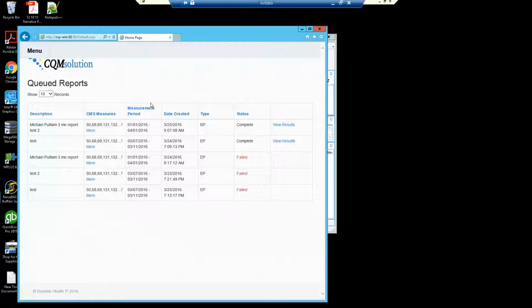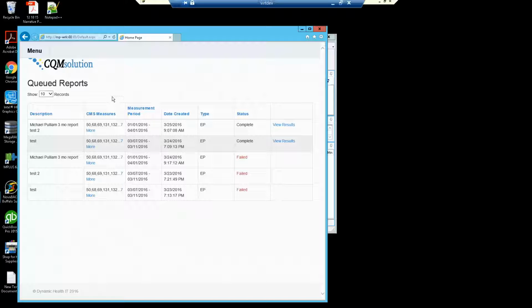So you can see here that it looks kind of the same. Like I said earlier, you could potentially run reports here, but you really should not, because you really don't know what doctor it's for, or if it's even set up for your doctor. So you can see that our support department has run some tests when they were working on it there, so that's fine. But if you happen to have multiple physicians and you did have them set up all correctly, you could see actually what the physician's name was and for how long. And you could view those results right here if you needed to. But this is really just for